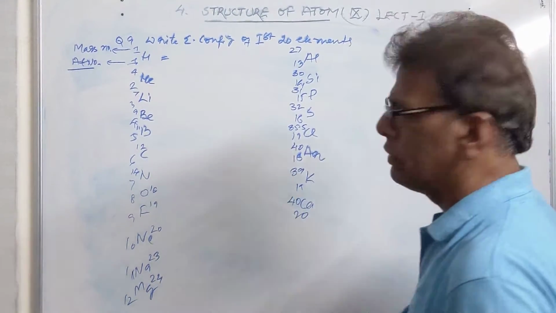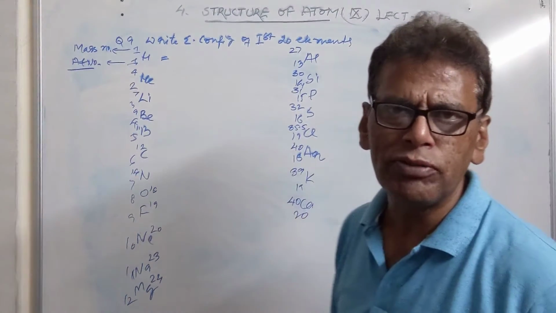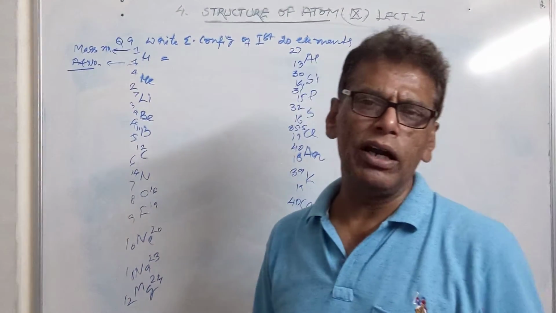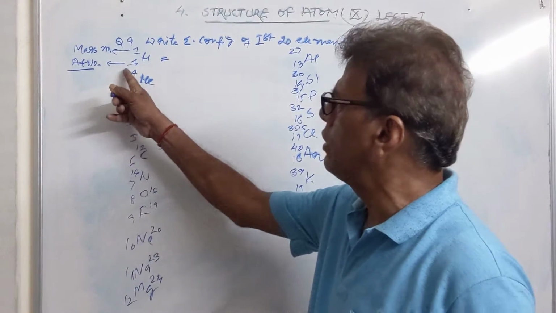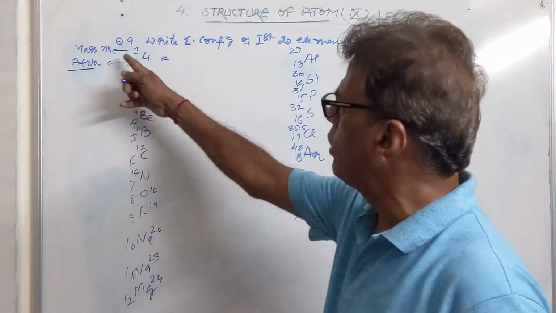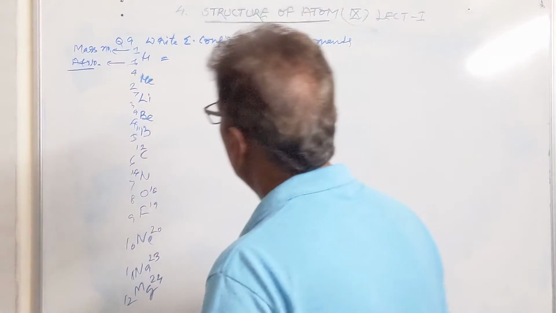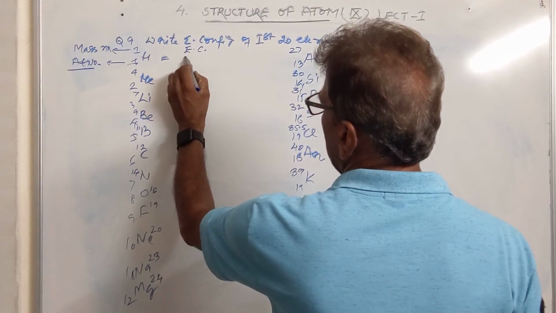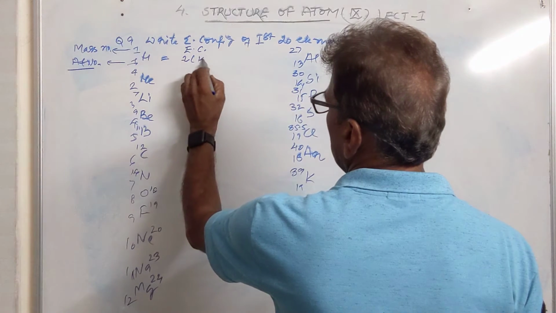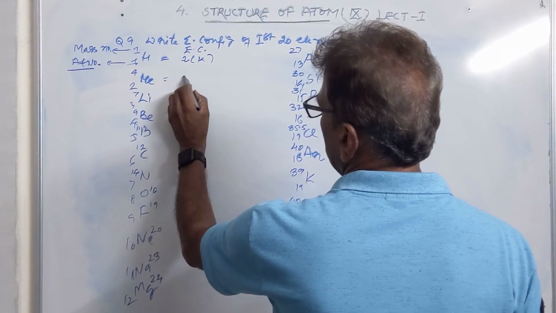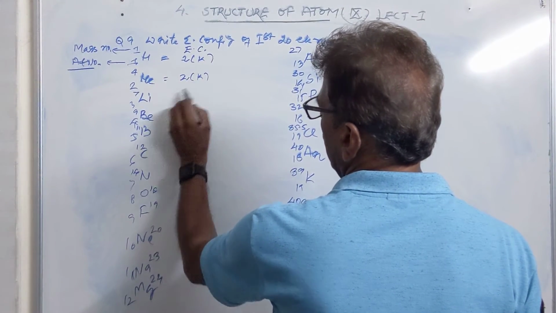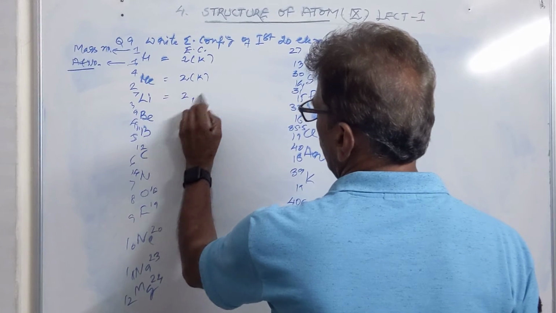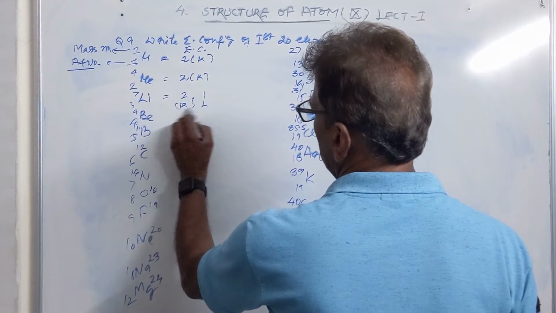So up to now we have written the symbols first of all, then we wrote the atomic numbers, the lower subscript is the atomic number, then we have the mass number, the superscript, then we are writing their electronic configuration. First is K cell, it contains 1 electron in K cell. In this case it is having 2 electrons in K cell. In this case it is having 2, 1, it is K and L cell.